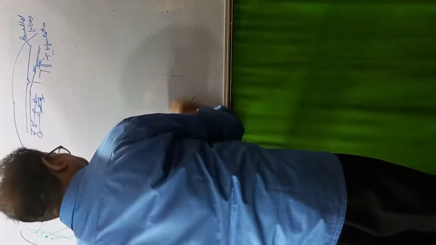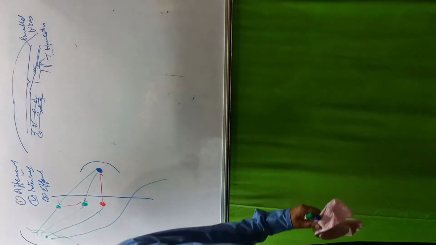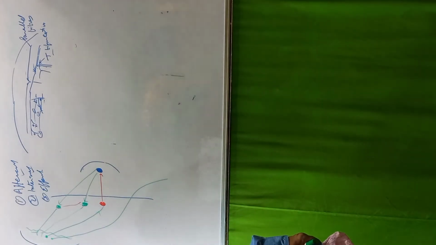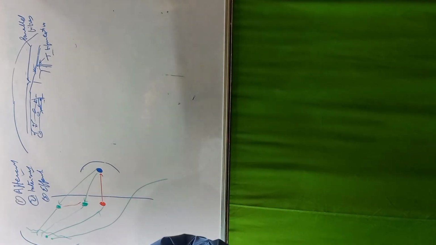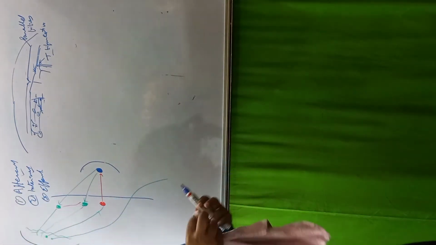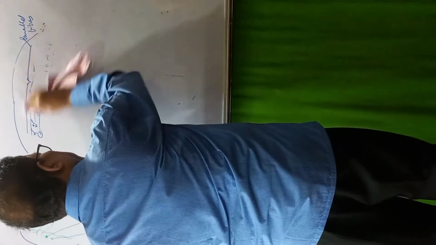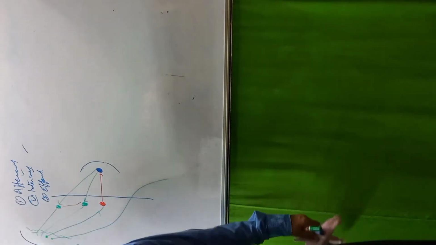We learned the functions of the cerebellum. Functions of the cerebellum are posture and balance from the archicerebellum, tone and reflex from the spinocerebellum, and coordination of voluntary and involuntary movement from the neocerebellum. This is the connections and functions of the cerebellum. Now some